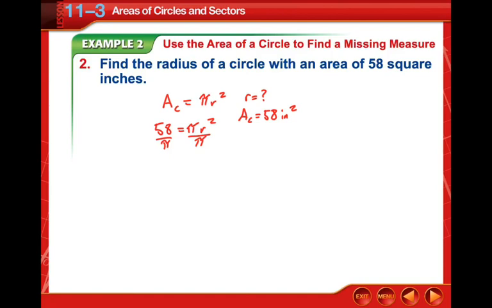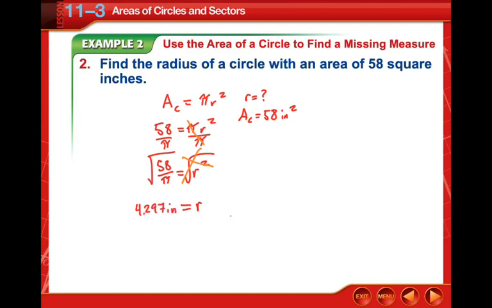And now we're going to either get our decimal now, or we need to round our answer. So we're going to leave it. And so we have 58 over pi equal to r squared. To get r by itself fully, we need to square root both sides. Typically, we would want to do plus or minus, but again, we're dealing with real-world situations here, so we don't want to deal with the minus part of this because it's the radius of a physical thing. So, square root of 58 over pi, and we're going to go ahead and jump straight to a rounded answer for this one, and that gets us about